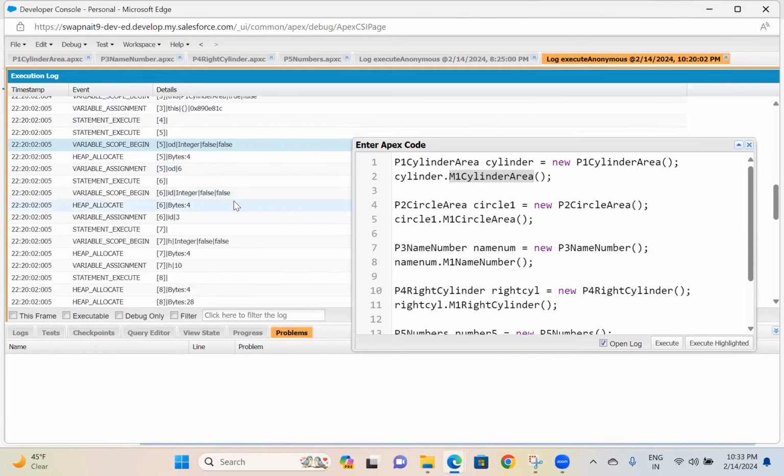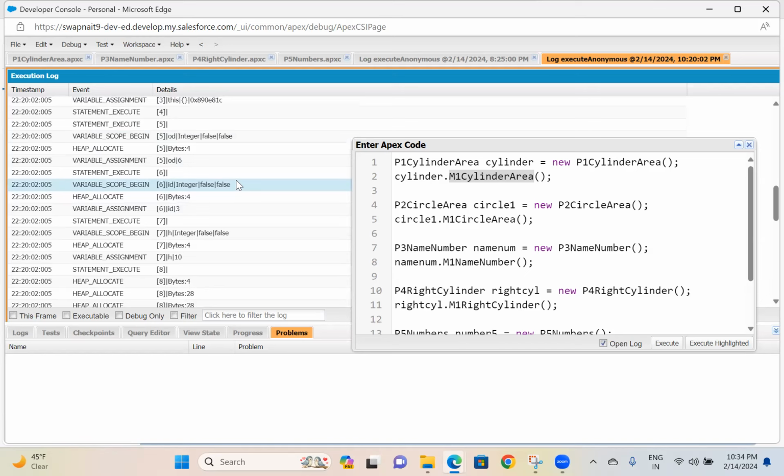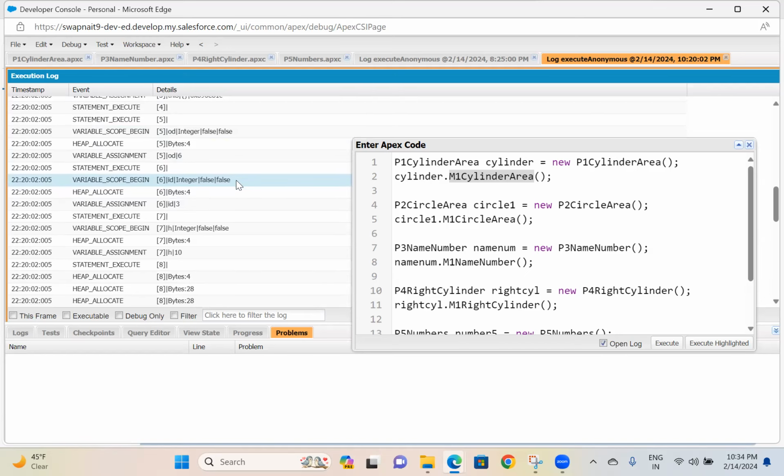Here I have the integer variable scope begin, and the one above is the variable scope begin for the class. After the integer, or after the P1 cylinder area, I can see false and false, and for the class I can see true and false. There is some logic written at the backend by Salesforce.